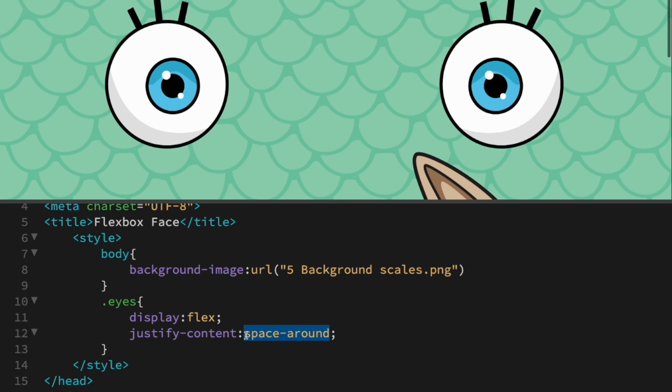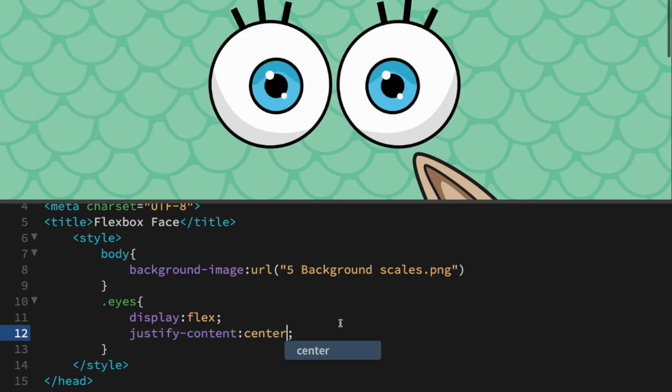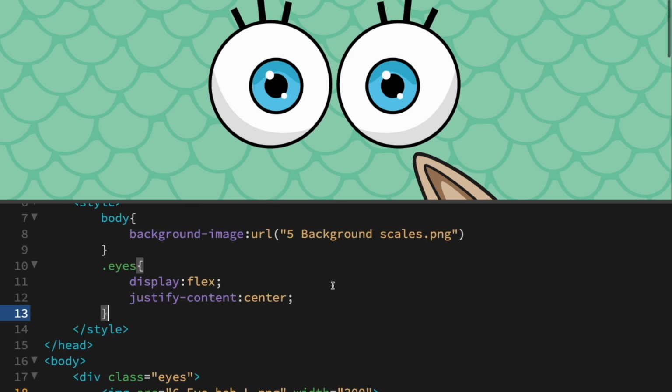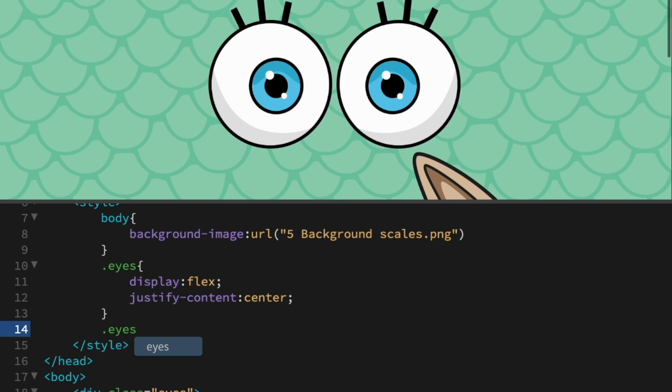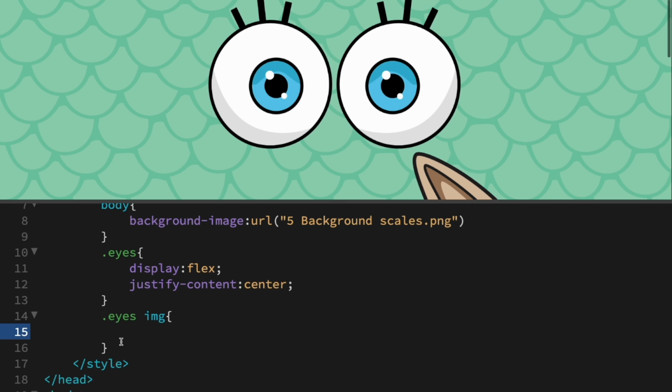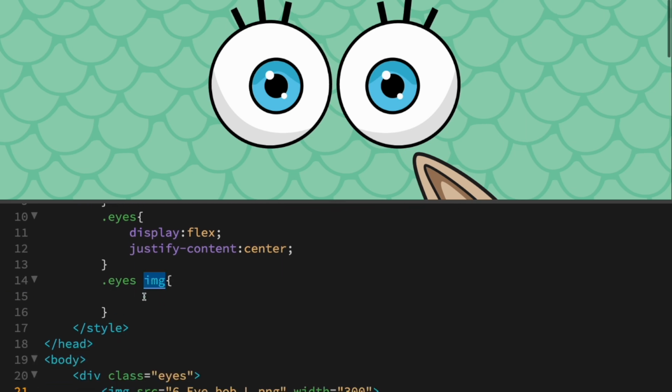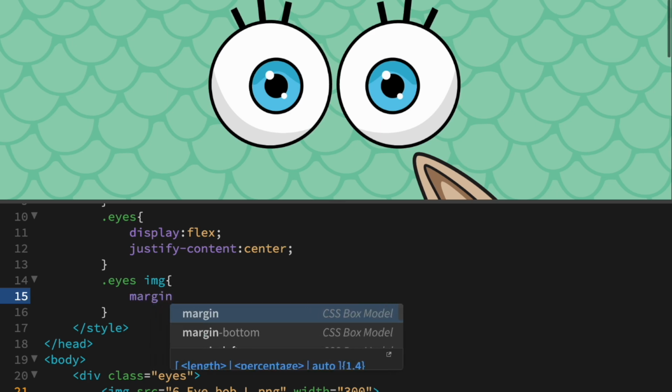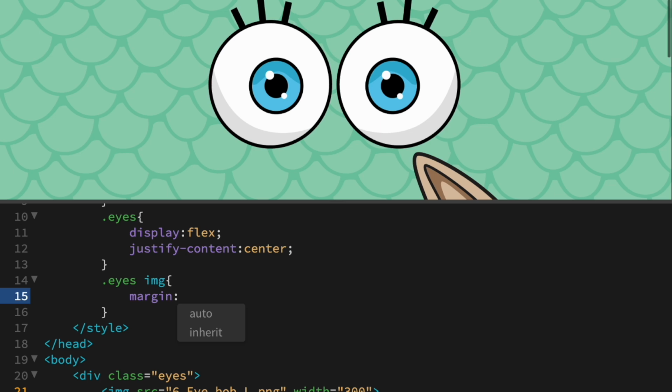If I were to do center, but I want a little bit more space between the eyes, we could go in and set the margin of those two images. So that would be dot eyes space img. Basically what that is, I am just affecting the style of the images within the eyes div. Margin, colon, and let's put 0px for the top and bottom and 30px for the left and right and see